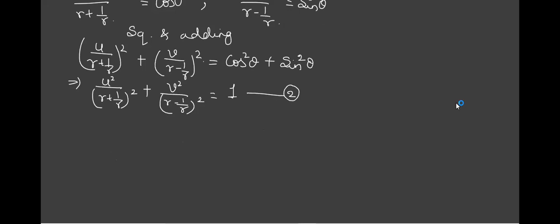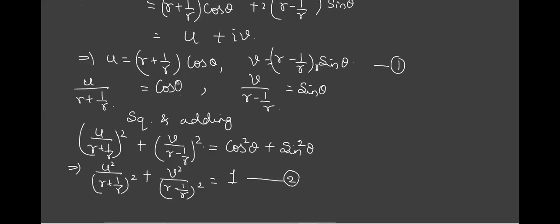One intention is done. Can you tell what the other thing is? What other expression do we want? We now want theta in terms of u and v, not containing r. So to achieve that, look at this equation again. Now I don't want r, I want r to be eliminated. If you see this bracket, it is in the form a plus b. This bracket is the same quantity, but here it is a minus b, correct?